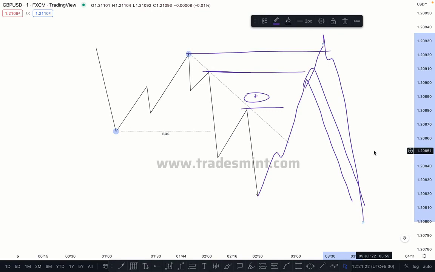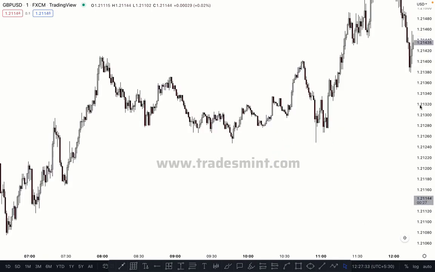I don't believe in giving you an unnecessary lecture of 12 hours, 13 hours. I believe in giving you quality content which you actually need to know, right? So let me briefly show you some examples of how retailers and smart money traders get trapped and how we can be different from others. Starting with support and resistance type of liquidity, because support and resistance is the most used